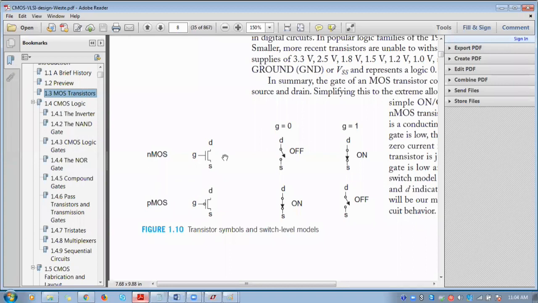So for simplicity, in most of the books, while putting the symbol, they may not show that body or bulk. Actually, it is designed that it is connected to the source.